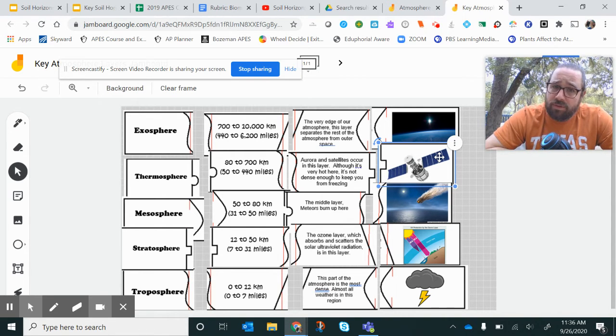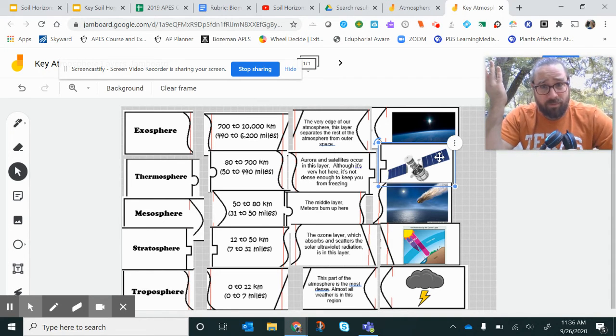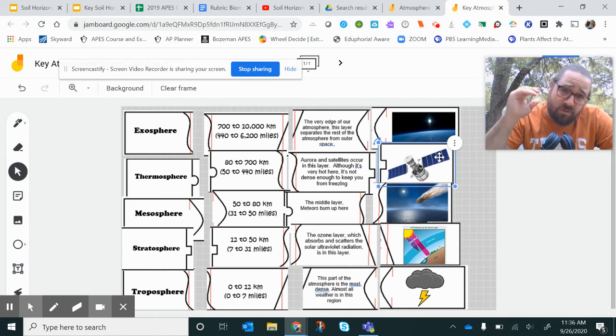Remember, we're also going to talk about the components. Most of what we breathe in is nitrogen, unusable nitrogen. And then there's about 20% oxygen, only about 0.05% carbon dioxide. That little amount of carbon dioxide means it won't take long to double the amount of carbon dioxide. And if we did that, it would be catastrophic. Some people ask, how can humans make so much carbon dioxide that it could destroy our planet? Well, there's so little to begin with. It wouldn't take much to bump us over the edge.